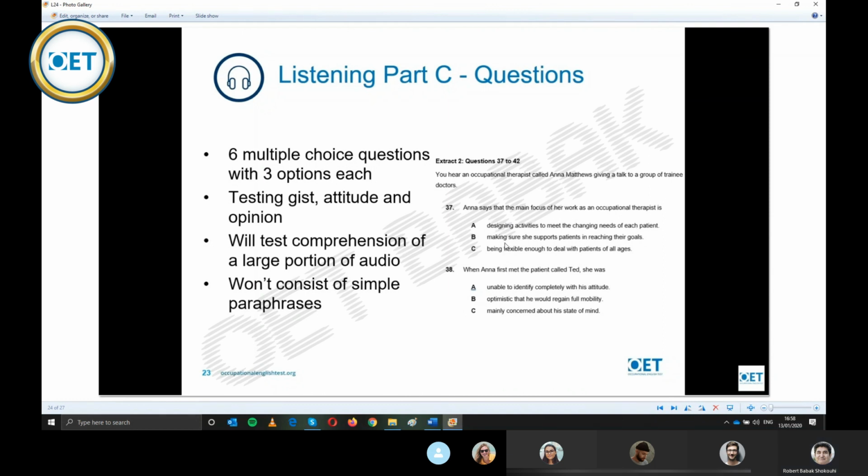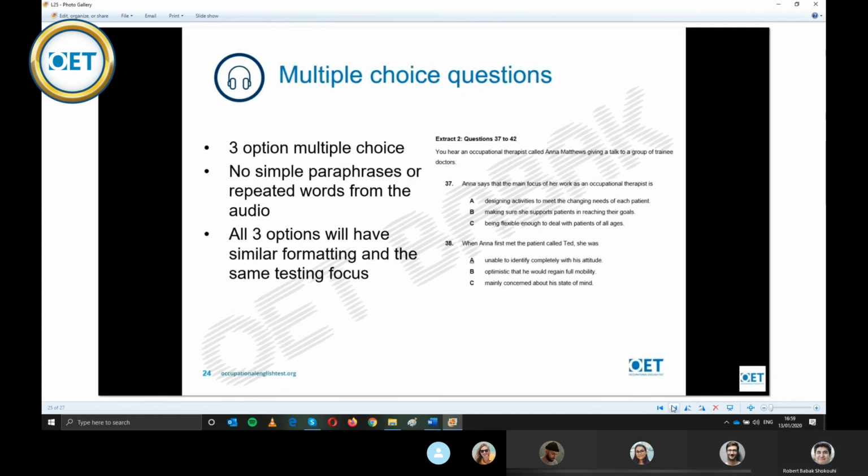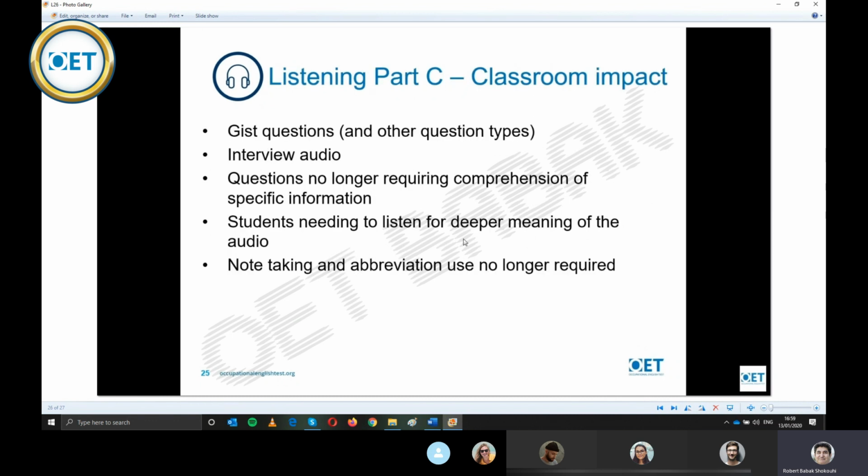That's why it is a little bit more challenging, because they're not necessarily using the same words. There is no simple paraphrase or repeated words from the audio, and you cannot guess. So basically,